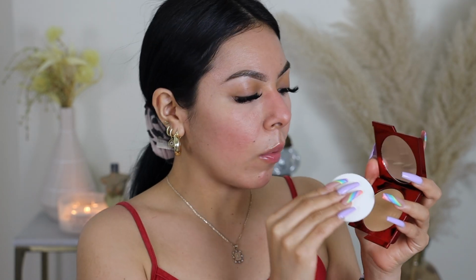I personally was like, I have a few puffs, so why go ahead and get another one? And it's also like extra money. So what I'm gonna go ahead and do is I'm gonna take this puff that I have right here. I did pick this up in the shade Medium 4G. I'm gonna go in